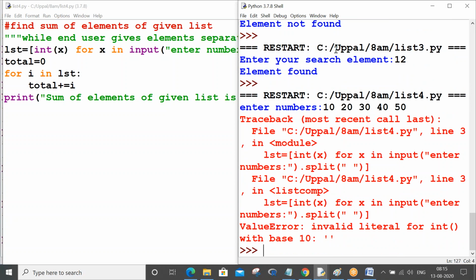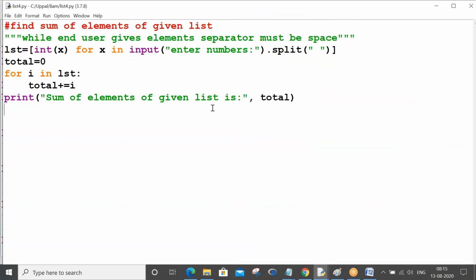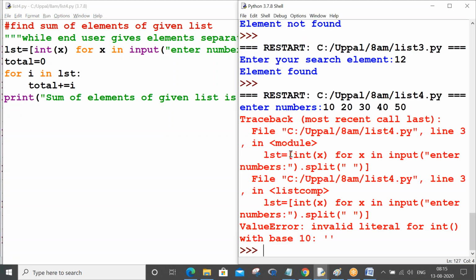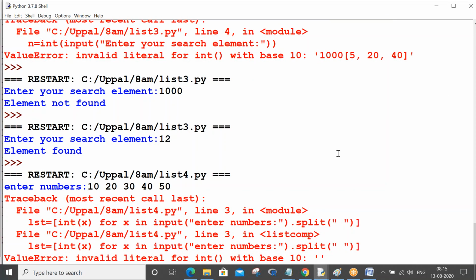What happened? One sec. On the right side, the chat window is really disturbing me. One sec. List int of x for x in input, enter elements. Okay.